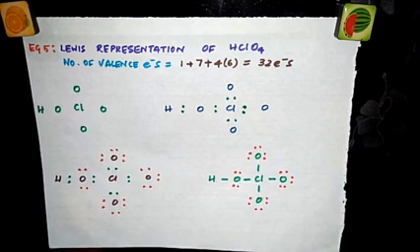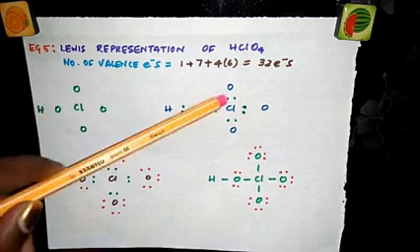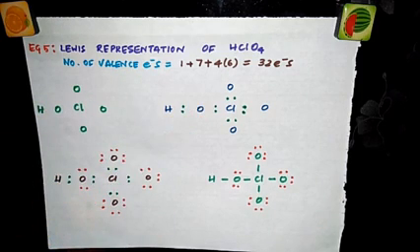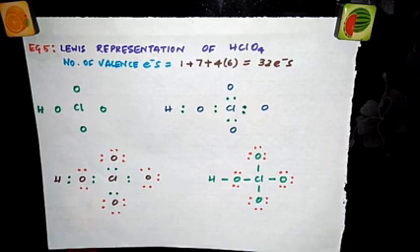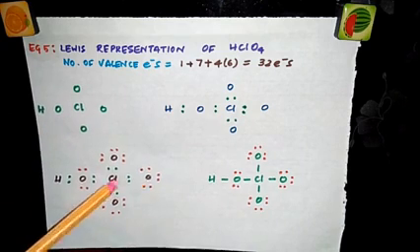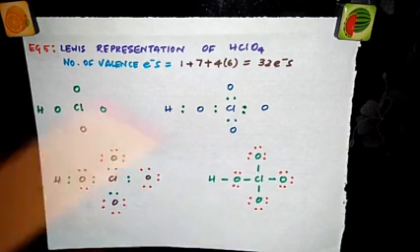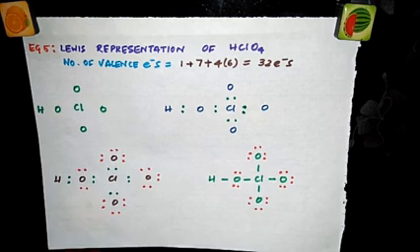As I told you, you need not put all these steps one by one and then show your answer. If you are comfortable with this structure, you can put it directly. While writing the answer, if a question is asked in the exam, you can do all this in the rough work and represent only this as the answer. You need not show all these steps. Now I'll show you 2 more examples and then we will move on to the next topic.